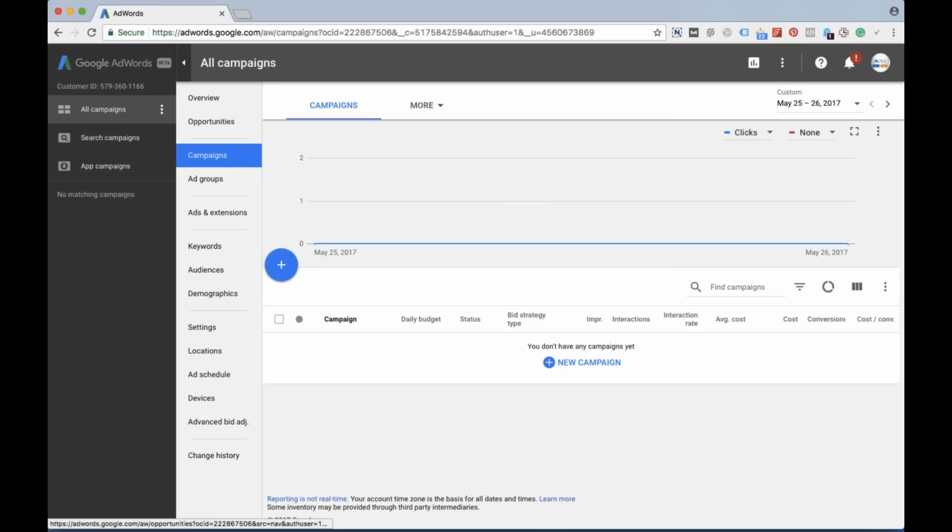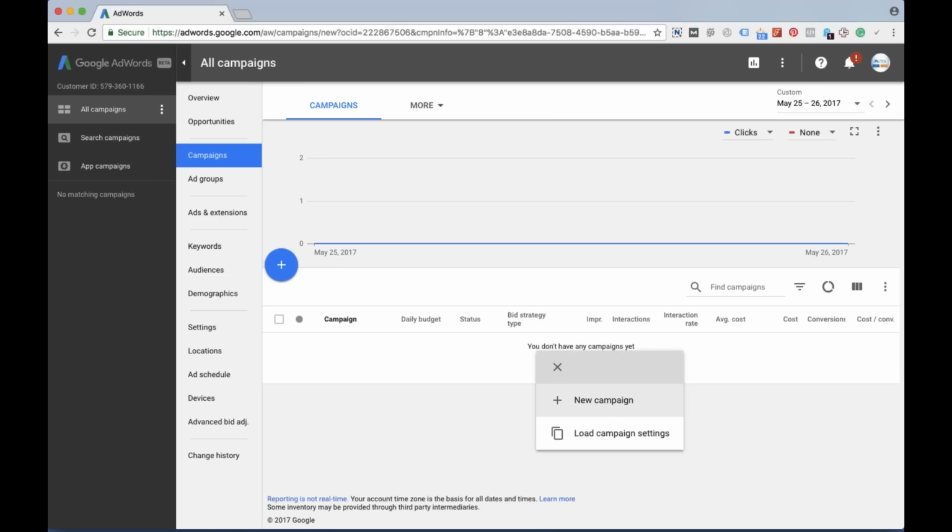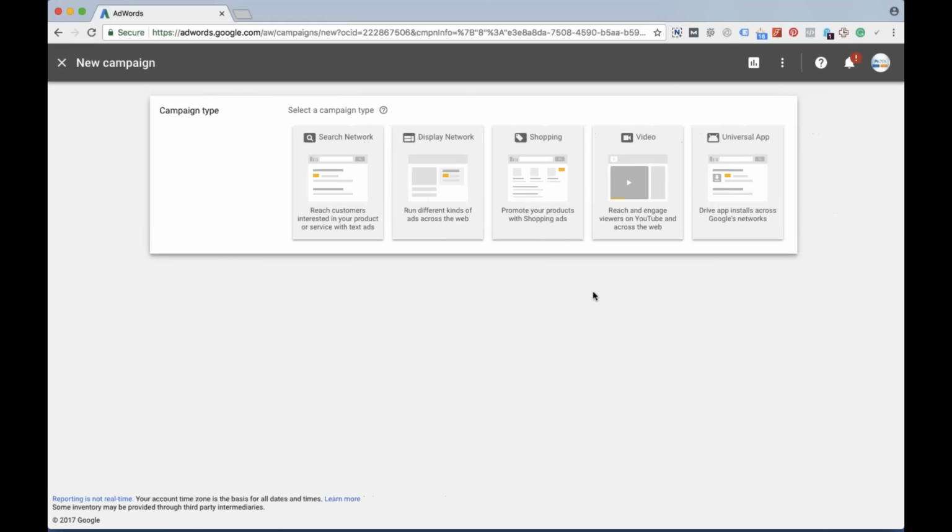Here you see the opportunities tab is not removed. It is still available here, which used to be somewhere after the campaigns. Now it is available above the campaigns in a similar format. That's okay, not a big problem. So let's see under the campaign. I'm going under the campaign and clicking on the plus symbol. Right now we will see a big change. We can create a new campaign or load from settings, that's fine. But now we have a completely different interface.